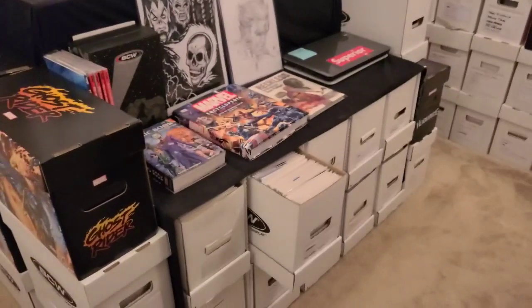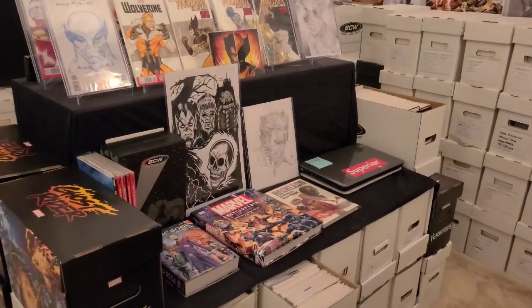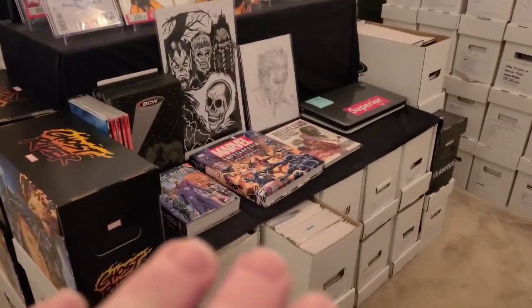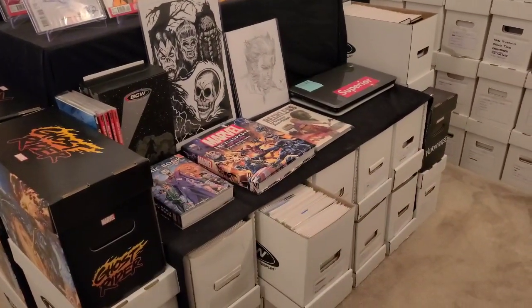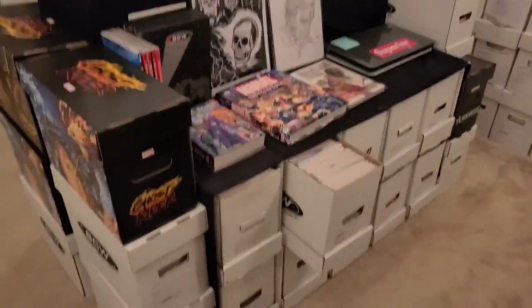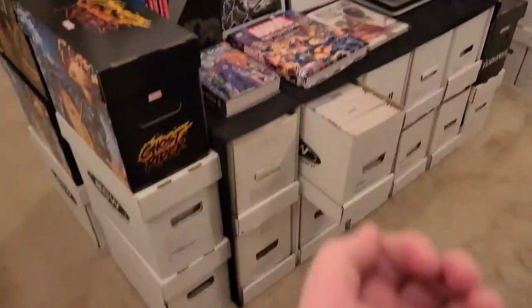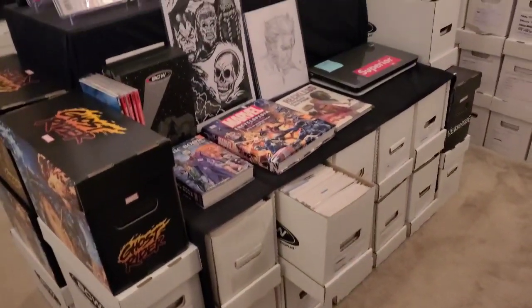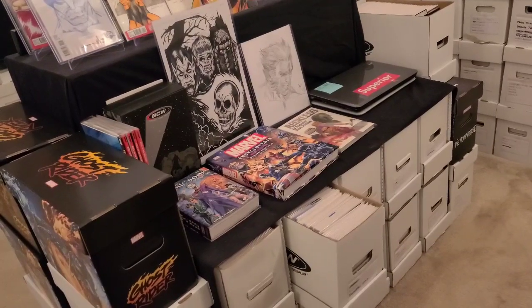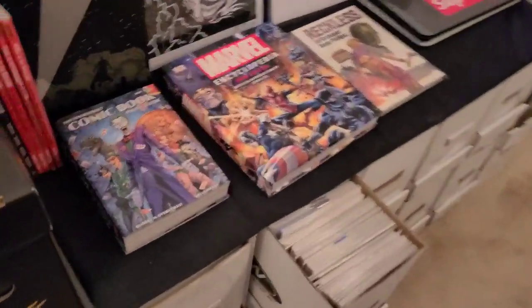So, yeah. Anyways, what I've done is I've stacked them because you're able to pull the boxes out like this. So that's how they are. There's 2 in the front, and there's three high in the back. And I've taken a black sheet that I bought at Target, and I folded it, and I draped it over to make it look like a desk. Because you basically don't need to have access from the top, just from the side to pull them out. So I made a desk. I utilized my space, and this is where I keep my hardcovers,